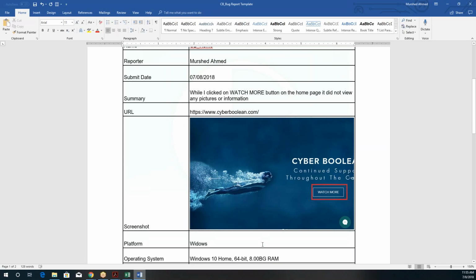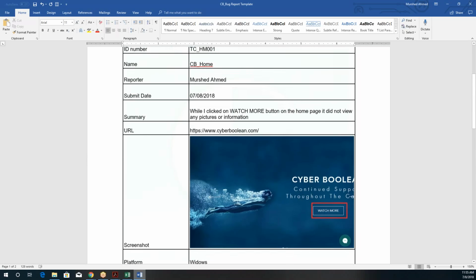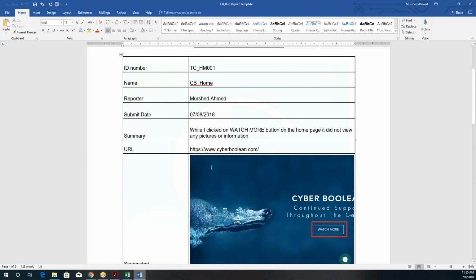But if you're using one of those application lifecycle management tools, like Jira or ALM, then you can also create a bug ticket itself, and then you write all the steps, like steps to reproduce, take the screenshot, enter it, or also if it's an automated script, then you also attach that automated script screenshot to the bug ticket, and then assign it to